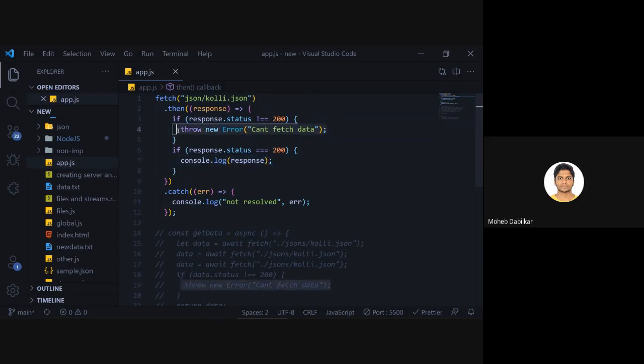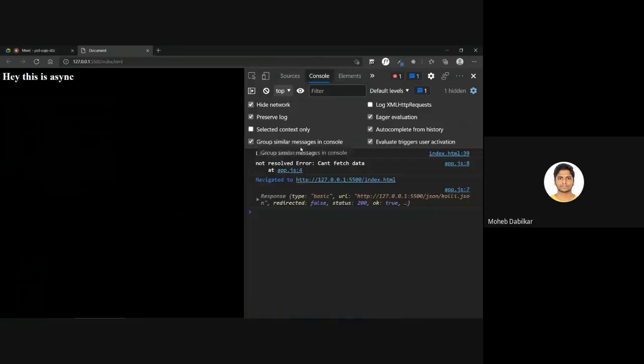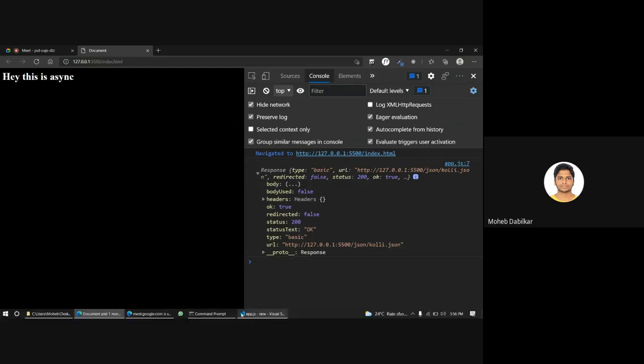Now we want to know whether this exists or not, because we have poly.json. So you don't want to have some wrong data. So now if we have poly.json, it should not give us any errors. So right now if I go to this page, you see it gives us a response over here, and if I refresh this, yeah. So this is 200 and then the text is okay.